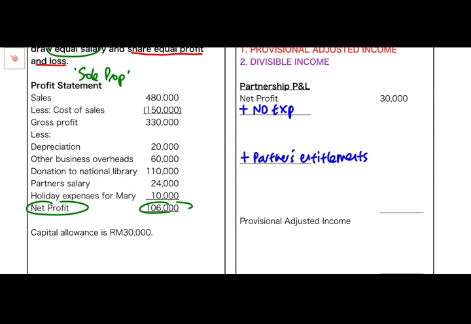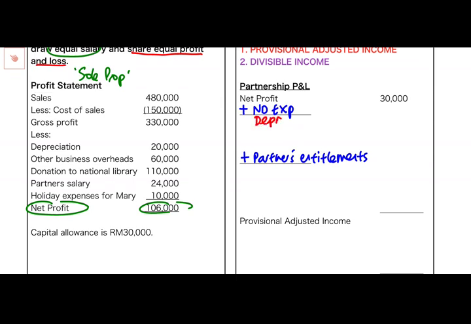Okay? Call it partners' entitlement. Now, basically, partners' entitlement refers to anything that you give to your partner. Alright? Anything that the partners enjoy, including the salaries that partners are getting. Alright? All the private expenses that the partners are getting. Now, so the non-deductible expenses that we see here will be